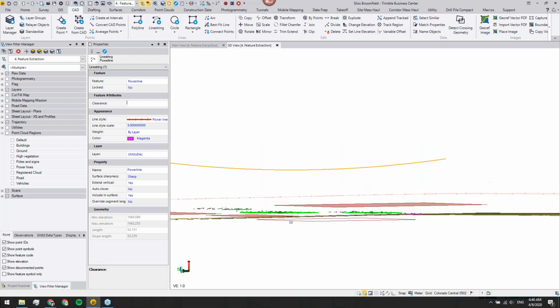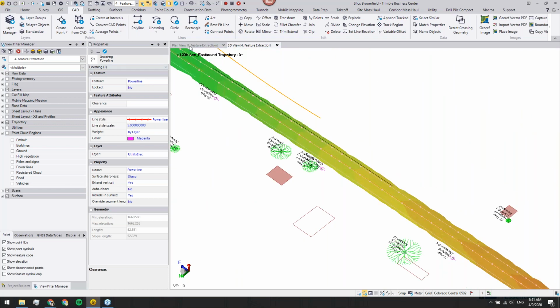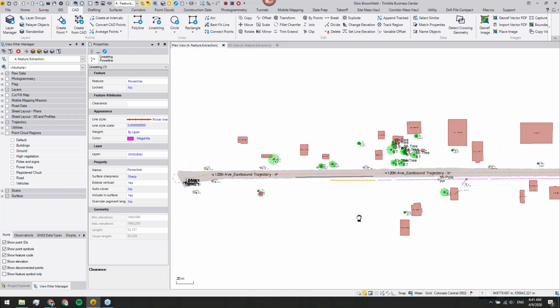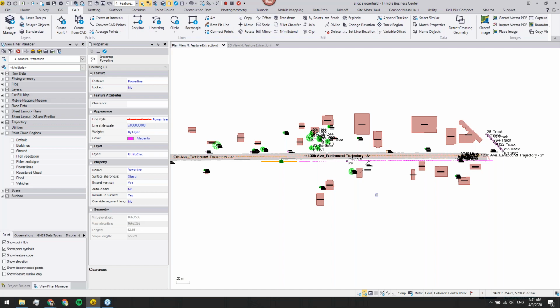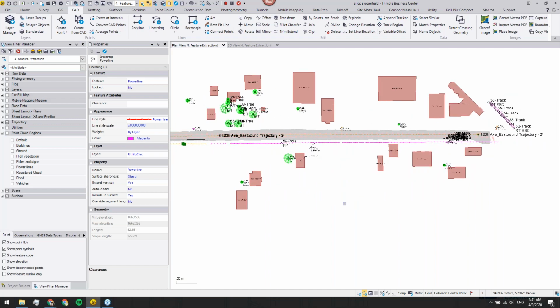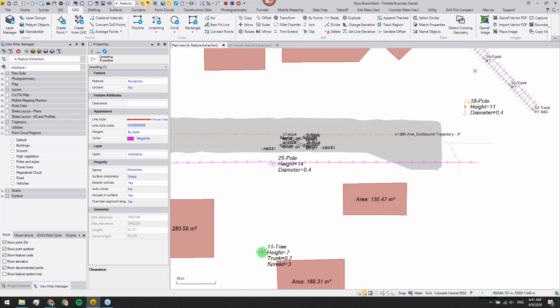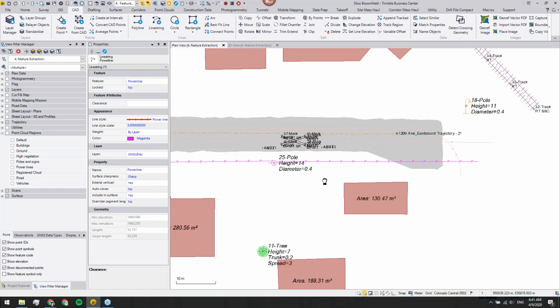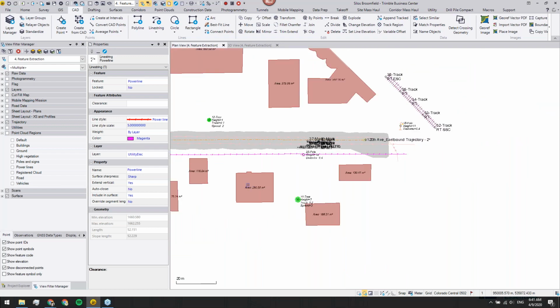Seems like we're running out of time, but the basic idea is inside of TBC, you can post-process the trajectory, generate the point cloud, register the scans to ground control points to guarantee the best precision from the point cloud. And then from the point cloud, you can create a lot of features. You can extract a line work like I did here. You can label these features and also in the end, draft everything into nice drawings and also deliver the result